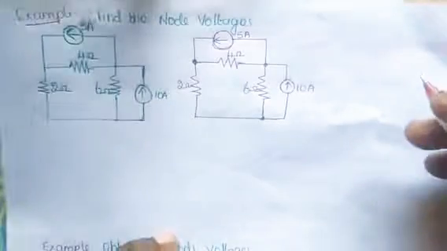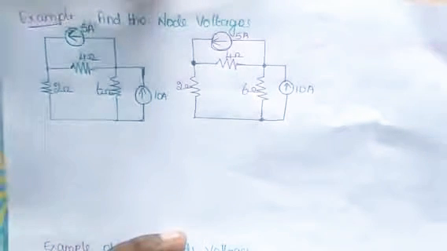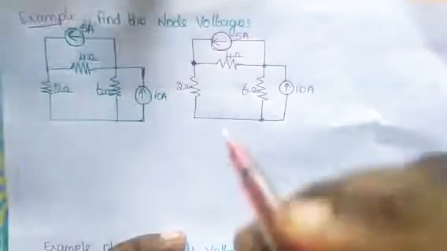Let's analyze some circuits using the nodal analysis method. So first question, find the node voltages of this circuit. I have redrawn the same circuit here. So what's the first step in the nodal analysis? We have to assign 0 voltage for a reference node. So how many nodes are there in the circuit? There are 3 nodes. First node, second node and third node.